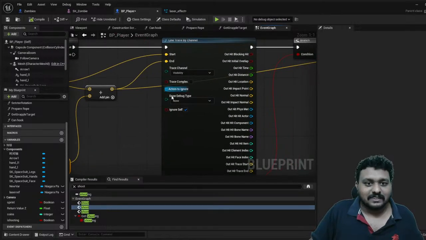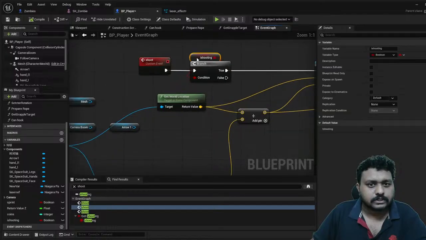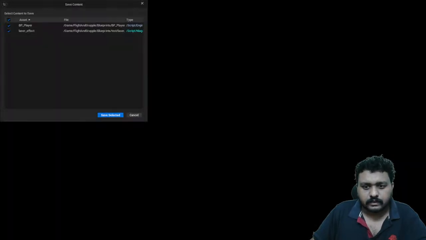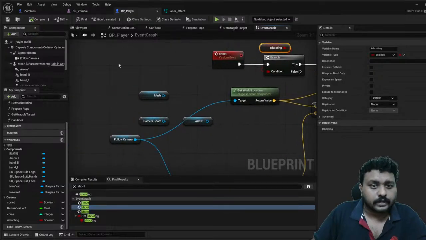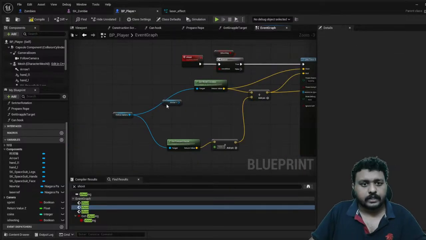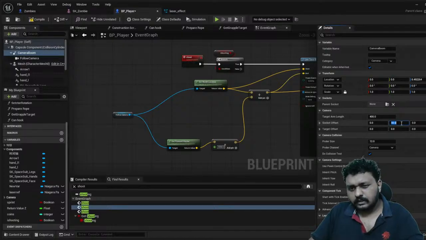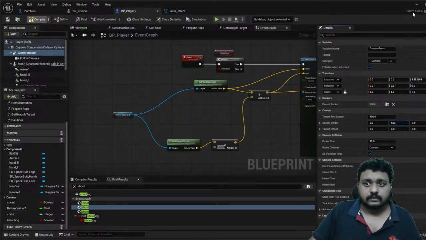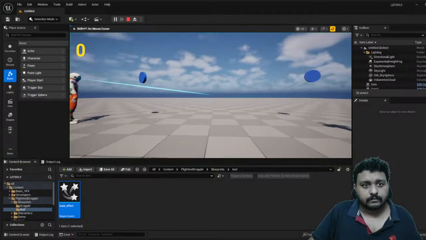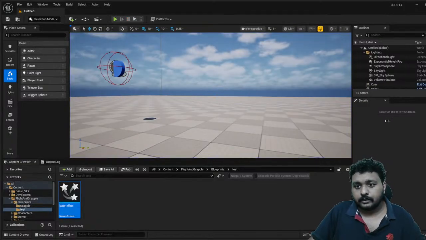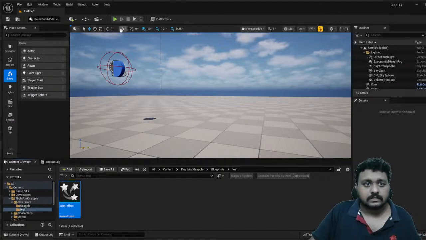I think ignore self is already written there. Trace complex, nah, that doesn't. I don't want to waste the CPU usage, so let it be like that. Let me just save it real quick. Okay. I need to check what we can add for the offset. An offset would be good. Let's add maybe 500. Just experimenting. I'm not sure how it looks. Okay, that was extremely off. Let's set it as 100, and